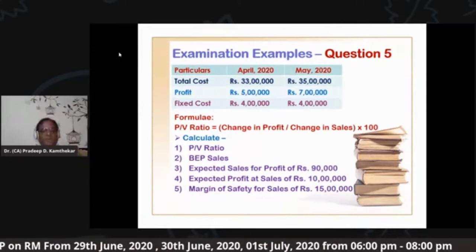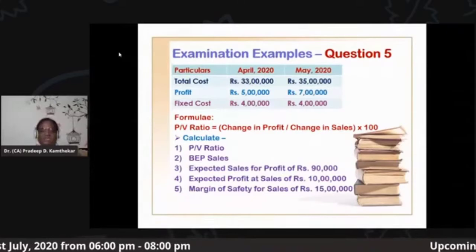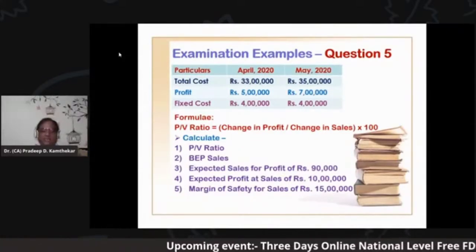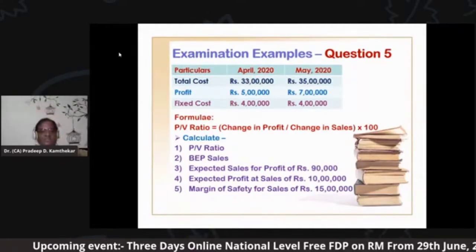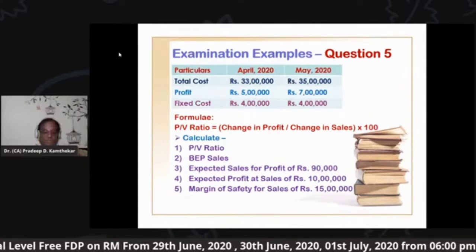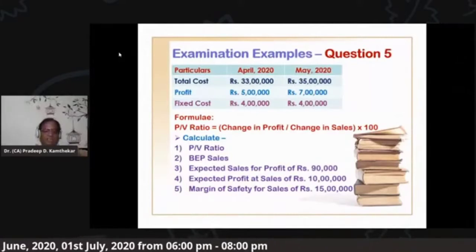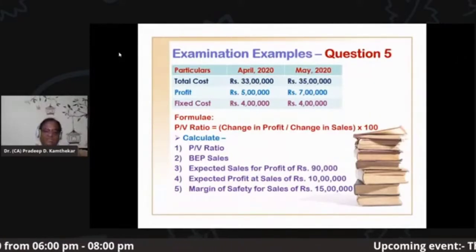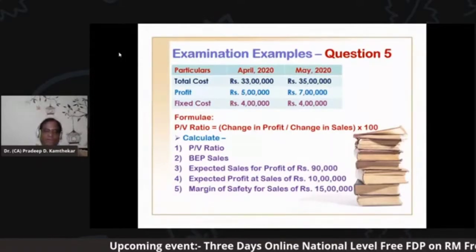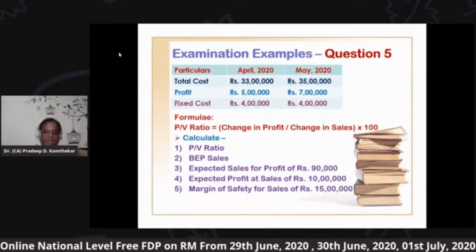Now you know in this type of problem how we calculate PV ratio, change in profit divided by change in sales. But here we have profit of April and May. So we can see change in profit is 2 lakhs. But what about change in sales? For that, sales is not given, friends. So in this type of problem, this is a sort of difficult problem we call it, but it's not difficult. We have to understand sales is not given, but friends, sales are given indirectly. You know here total cost plus profit is nothing but what sales. When you add total cost and profit, you get sales.